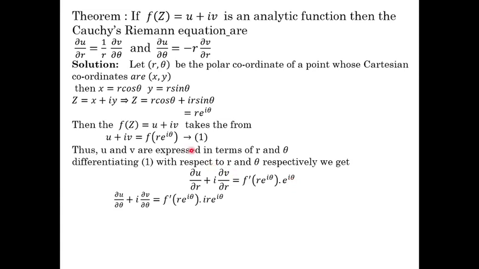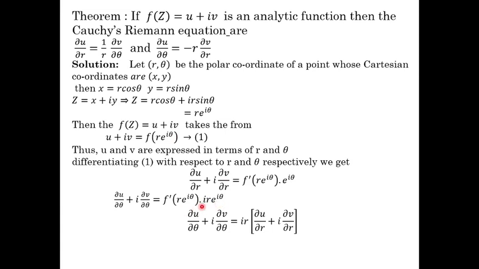And now differentiate with respect to theta. LHS becomes dou u by dou theta plus i into dou v by dou theta is equal to differentiation of f, which is f dash, of the bracket function. Now apply the differentiation for this bracket function. Among this, we are differentiating with respect to which? Theta. Therefore r is a constant, write as it is. Differentiation of e power i theta is e power i theta into i. Now that can be written as i into r into e power i theta.